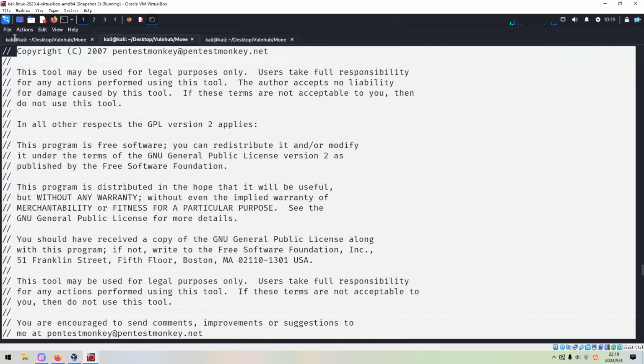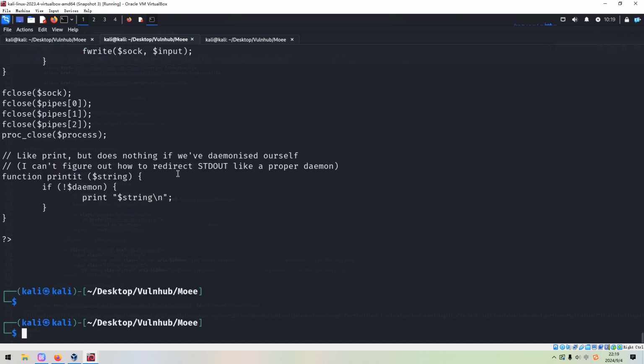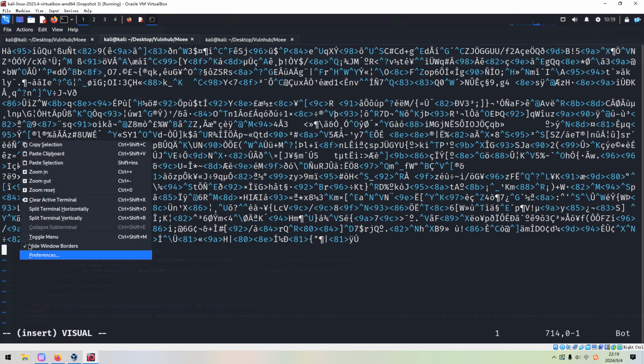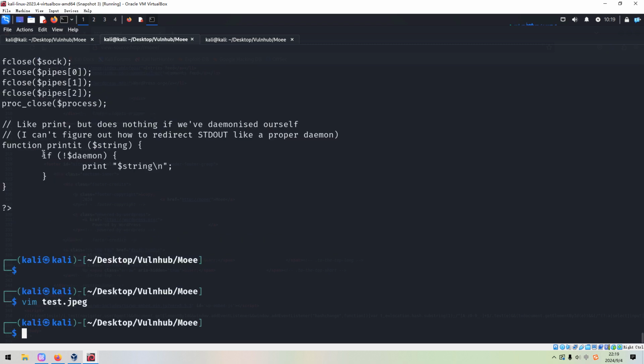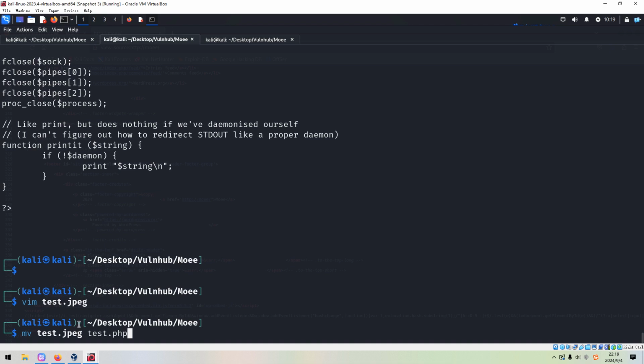We can copy, and we can use Vim on the test file and go to the last line. Okay, so now we can write and quit, and we need to rename to the test, because as instructed by this POC, we can rename to the PHP extension.